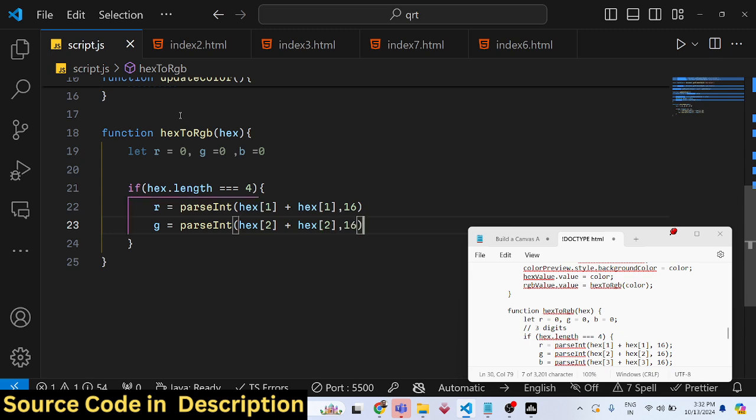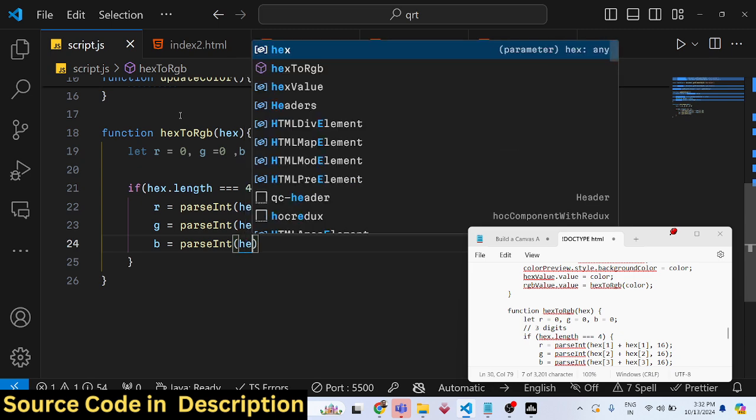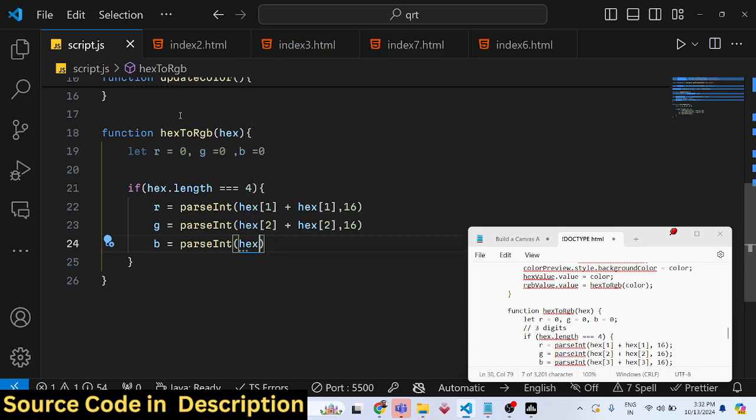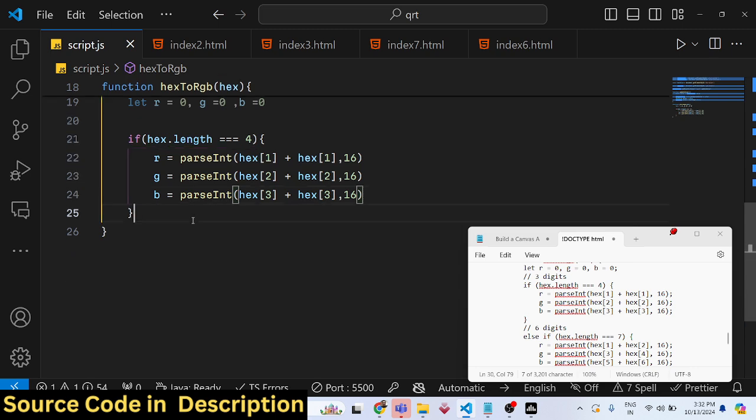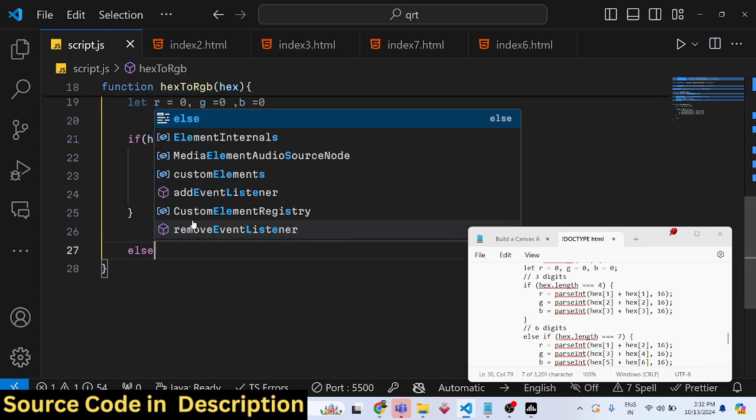The base is again 16, and similarly for B as well. So after we got RGB values, now we can